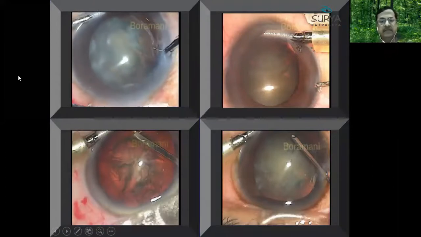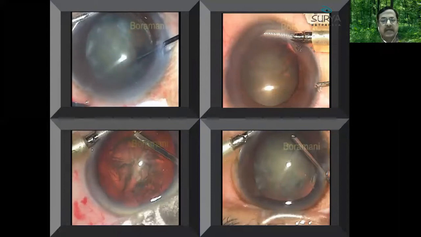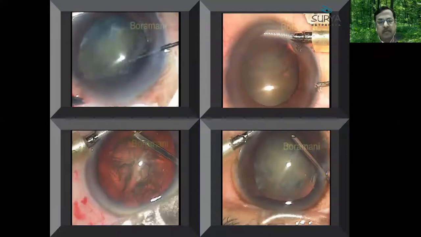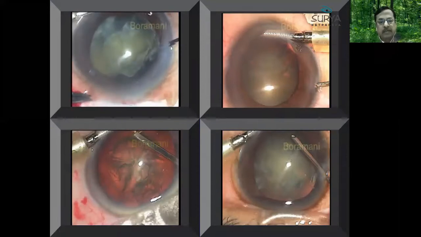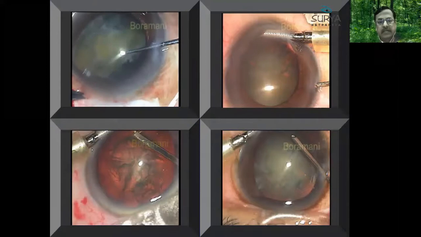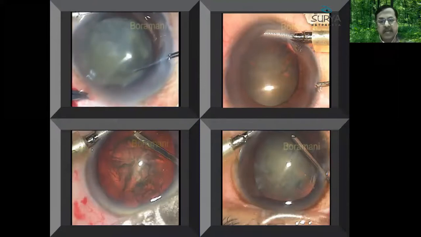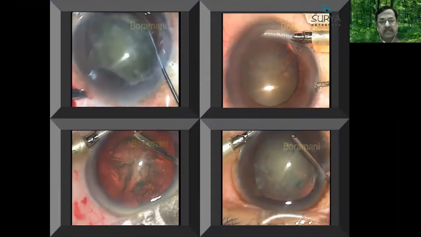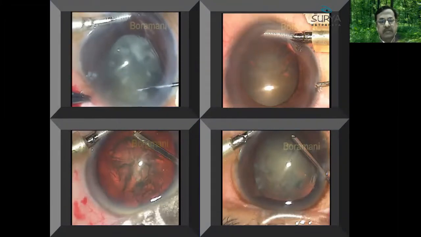Now in the first video, the capsulorhexis is done, and with the Sinskey hook, you go to the equator and gently lift the equator. Once the equator pops out, slowly do rotational movement, because generally the diameter of the nucleus is a little bigger than the diameter of the capsulorhexis. So if you try to lift everything straight away, sometimes there can be zonular dehiscence or zonulysis.